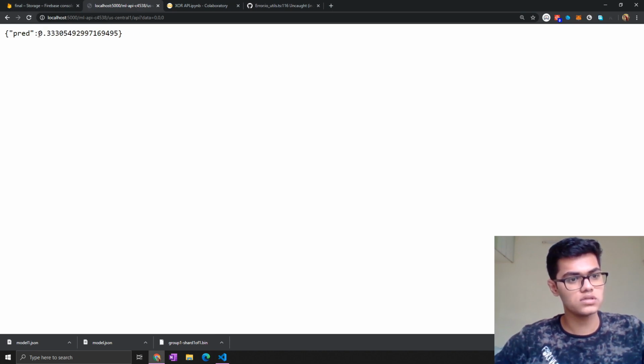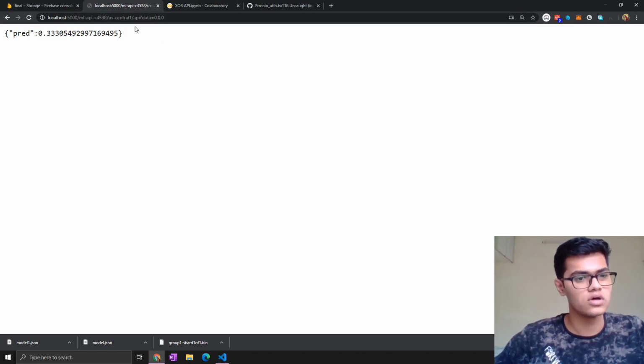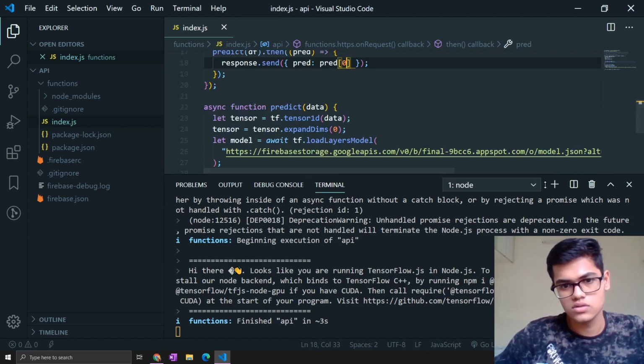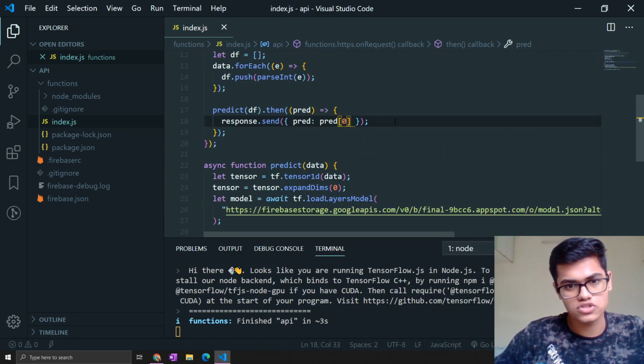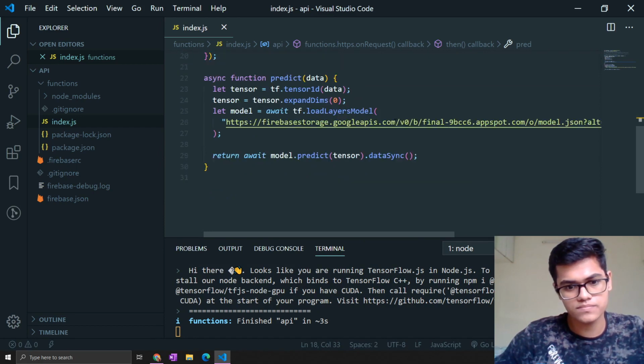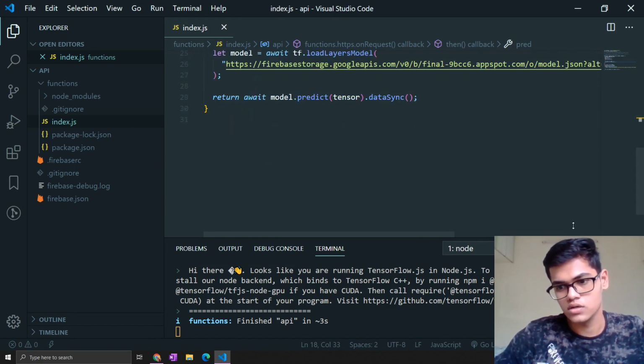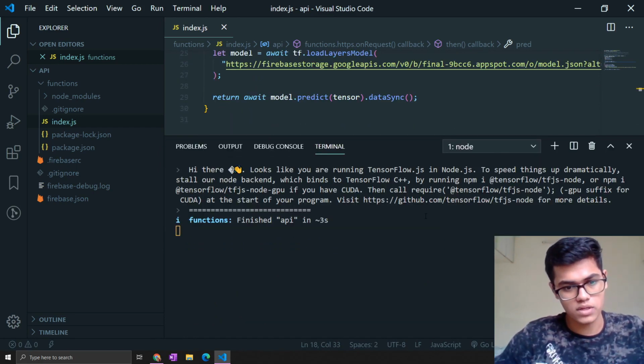So you can see that the prediction is 0.33, so it is less than 0.5, so the output for the XOR will be 0, which is actually true. If we can see, there is no 1, so it's even, as 0 is even. It's working fine. Let me just check whether we are doing it correctly. Okay, we are done here. So our API is now working.